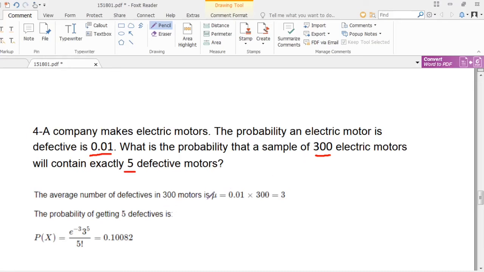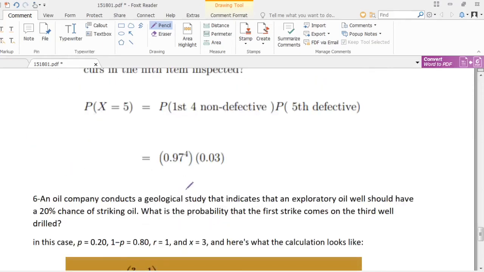So we have here 300 motors. So again, this would be 0.01 times 300, which would be 3. So the probability of getting 5 defective is this. You'll just substitute in the rule and you'll get this probability. Number 5,